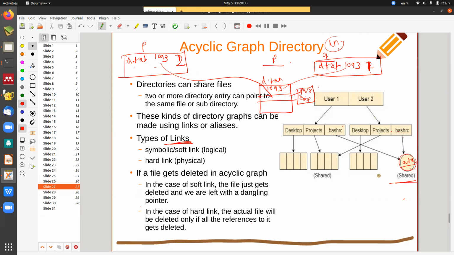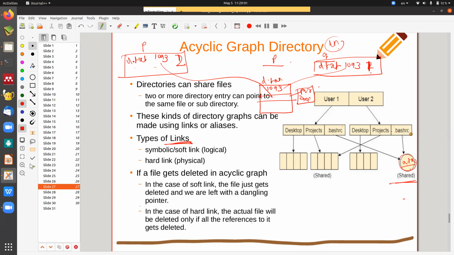Is there any out-degree? No. If there were out-degrees, you would keep searching like this. You would ask where a.txt is, and it would say it is here. When I go there, it would say it is over there. When I go there, it would say it is over there again. If it made a cycle, you would never get it. That's why when you establish a link, it will never make a cycle. Rather, this shared file will be referred to by many such directories. It may not be one, multiple directories can utilize the same file.